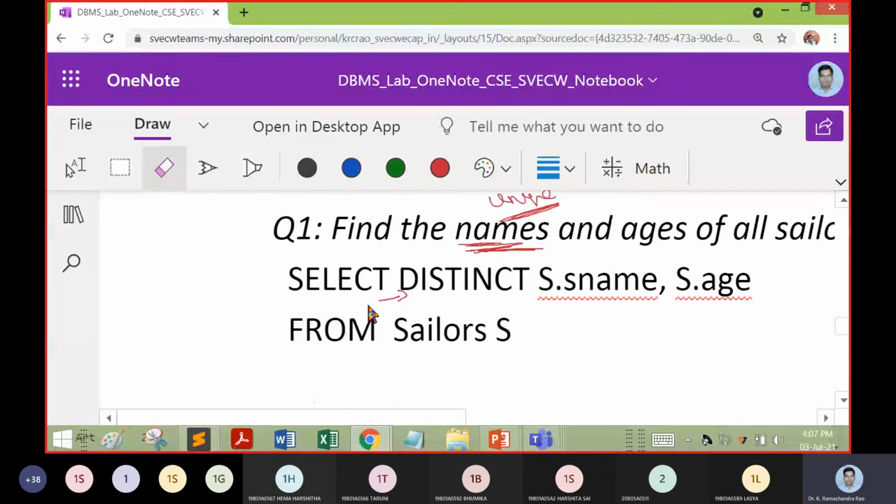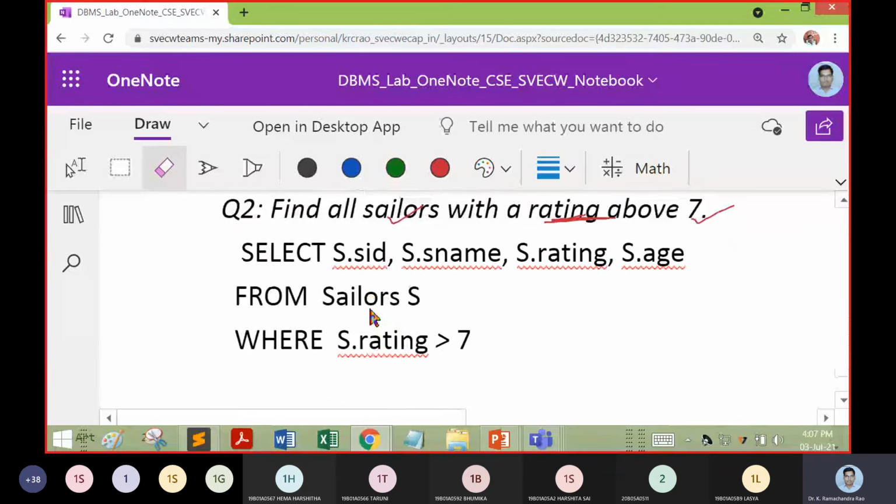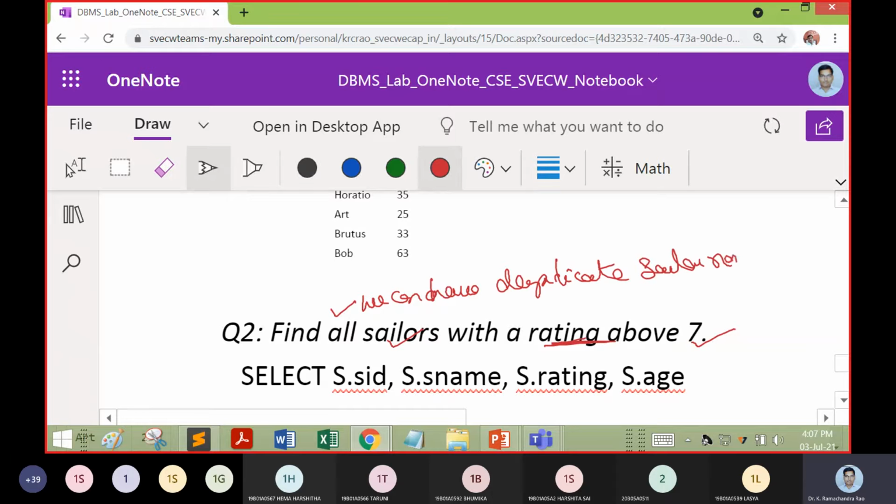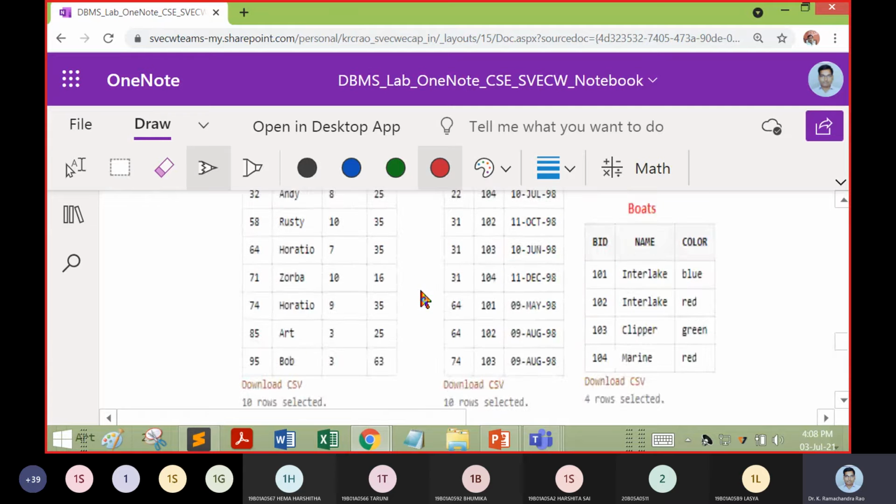The question was telling us to find all the sailors. If it is saying all, what should we understand? That means we can have duplicate sailor names.